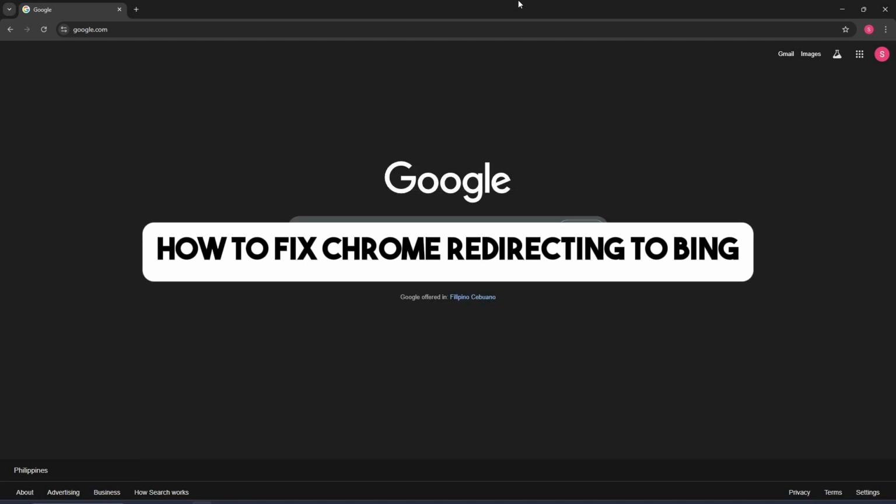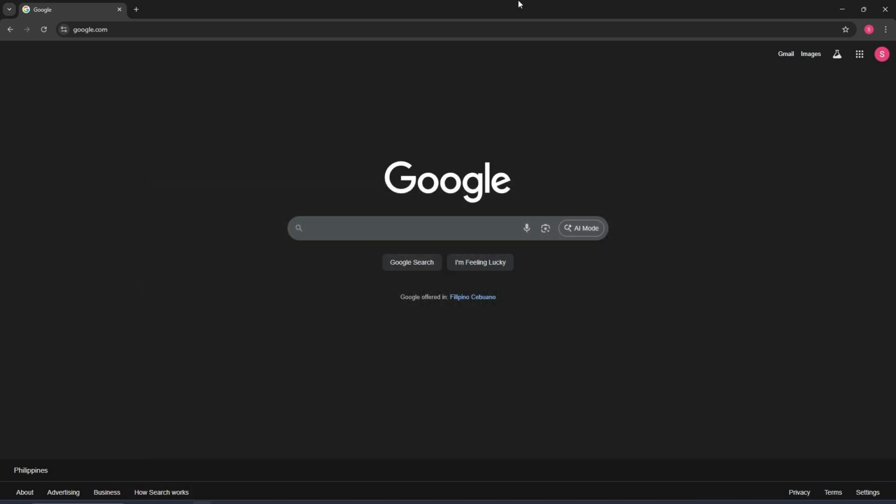This is how to fix Chrome redirecting to Bing. So, if this ever happened to you, what you could try to do is disabling some extensions. If you recently downloaded some extensions and it is redirecting you to Bing, it means that you downloaded